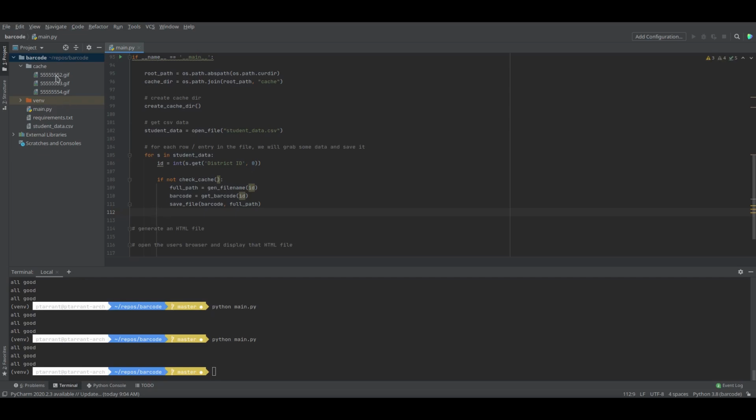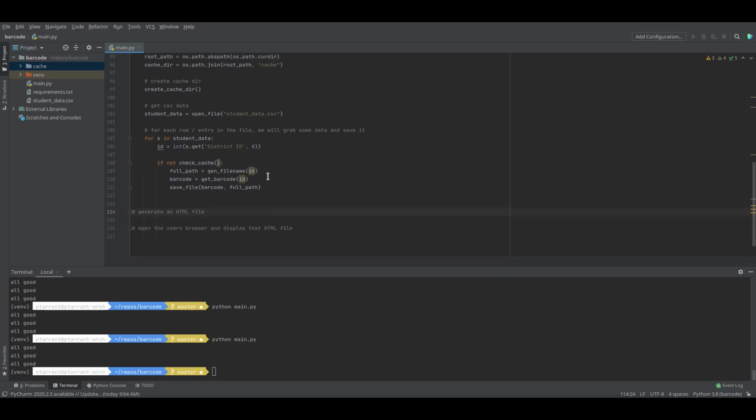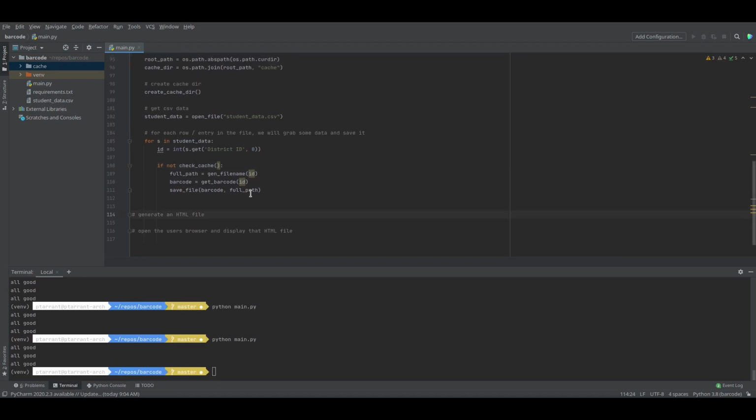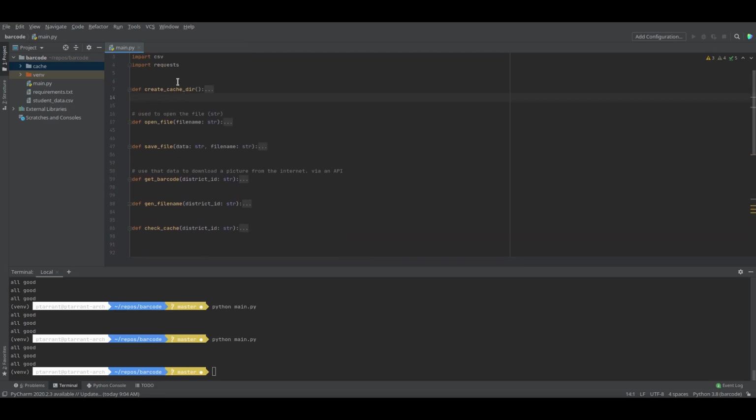And because we saved the files as the ID number, we know for a fact that the numbers are always going to match what the file name is. So now we have a cache system in place, ready to go. So we don't waste bandwidth and we don't waste time, which is awesome. Now that we've got the whole checking of the cache thing, we've learned how to create